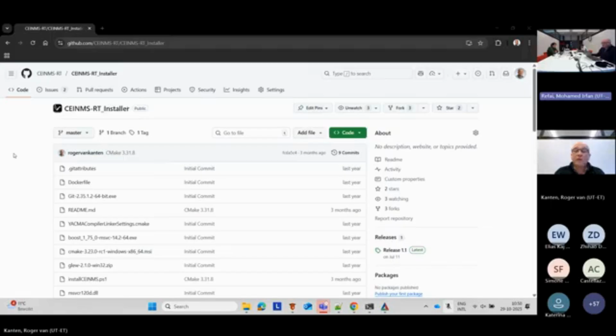So to install, you have to clone this repository. I want to stress this because some people try to download this source, but because of a bug in GitHub, that doesn't work. All the executables become corrupt. So you have to clone this repository in order for the installation to work. I already cloned this,